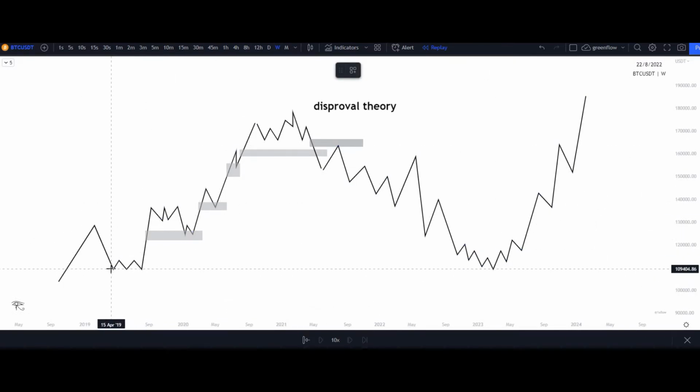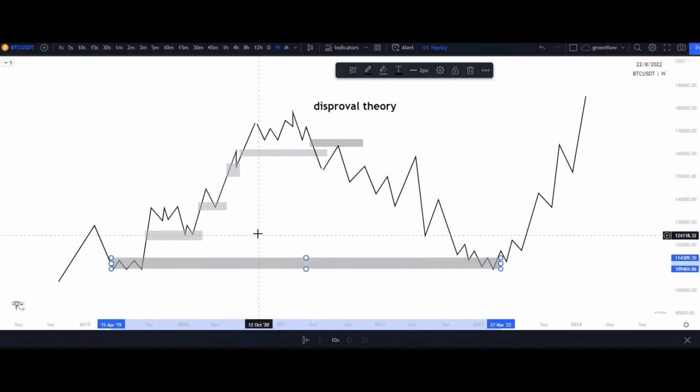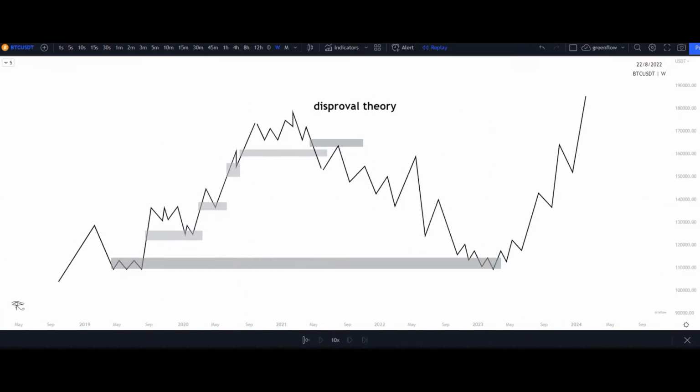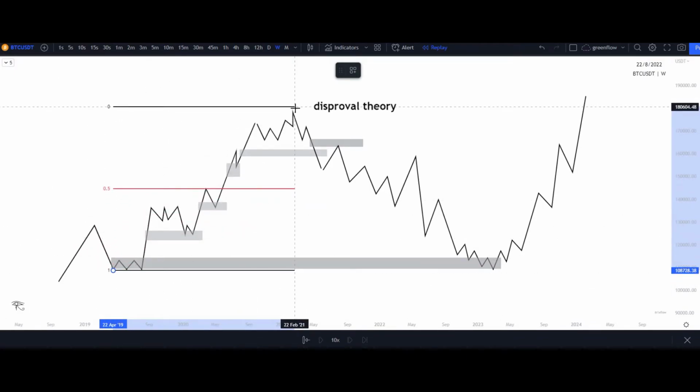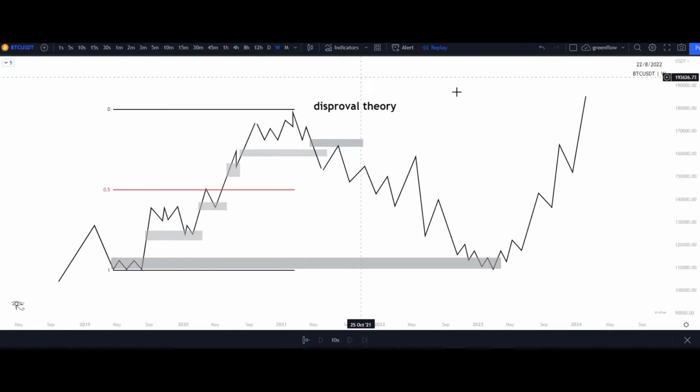So if we're at this point in time where we see this demand that is unmitigated all the way within discount of our entire range, we had a liquidity raid to the downside here, break of structure to the upside, a large move to the upside, and then we saw all this demand within this area. Respected, respected, respected, not respected. Break of structure, respected. Respected, respected. And then we come down into these areas, and that's where we get all these early longs out.